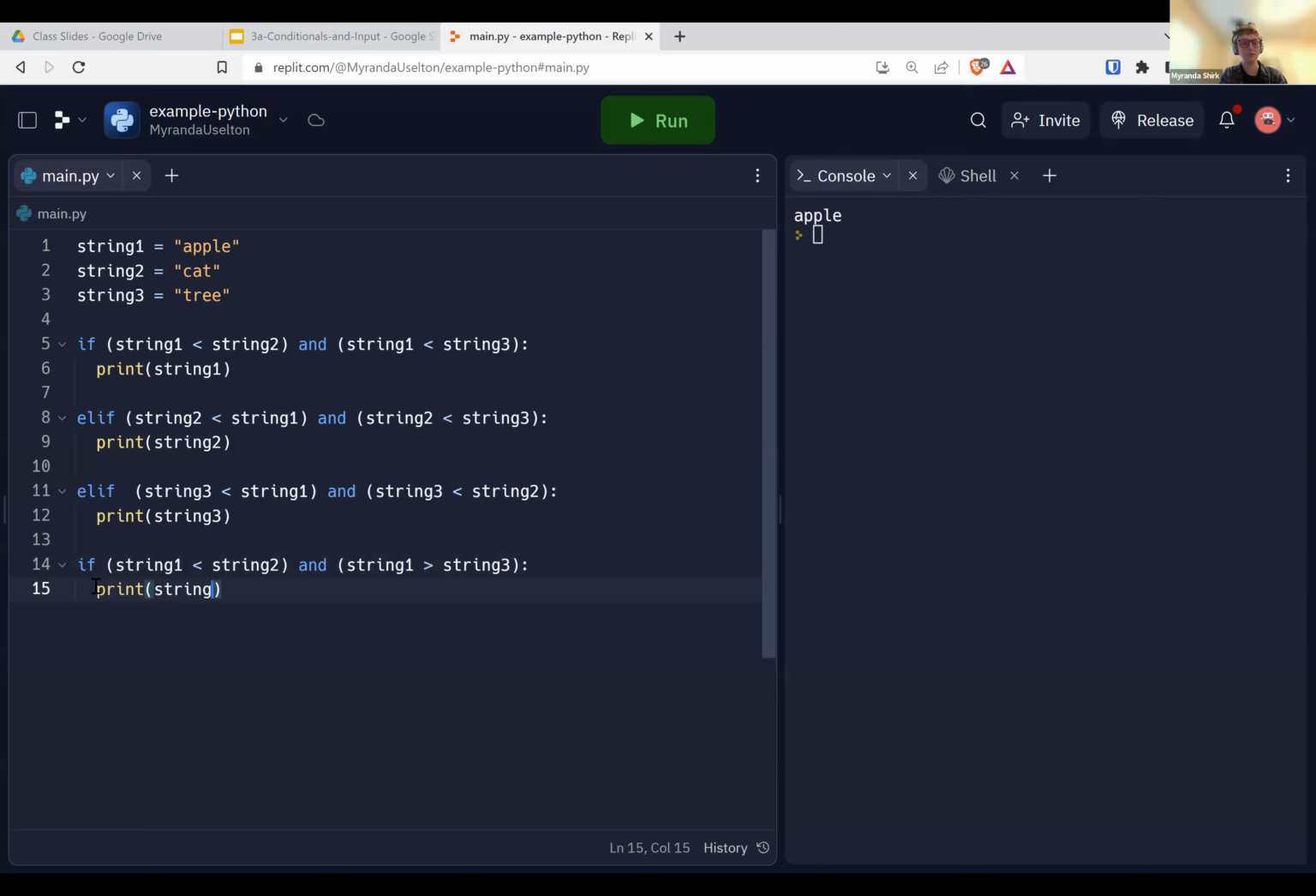Someone correct me if I did that wrong. For string 1, elif string 2 is less than string 3 and string 2 is less than string 1. No, is greater than. We want to find the middle one. So if it's in between those,